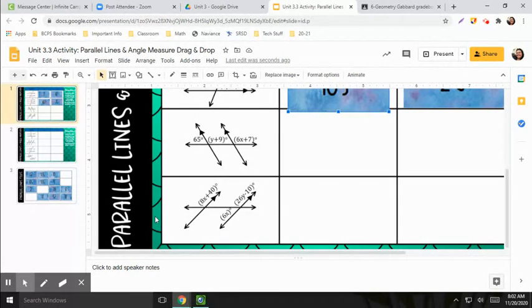So our first step is we know we have an acute angle and two obtuse angles. And we know that those obtuse angles are going to be equal to each other. But the problem here is they have two different variables. This one's a y and this one's an x. So we're going to have to use a two-step process here. We know that an acute angle plus an obtuse angle is going to equal 180 degrees. So we're going to solve through for each of these